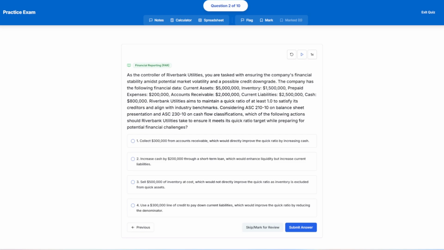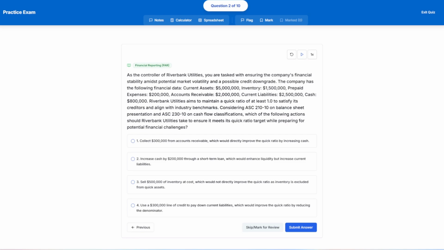While it does improve liquidity, it also increases current liabilities, which is like trying to fill a leaky bucket. So this can't be correct, because although cash goes up, liabilities go up too, and your quick ratio might not improve as desired. Option 3 involves selling $500,000 of inventory at cost. This option might seem tempting because it generates cash. However, inventory is excluded from quick assets when calculating the quick ratio, so this doesn't provide the direct benefit we're